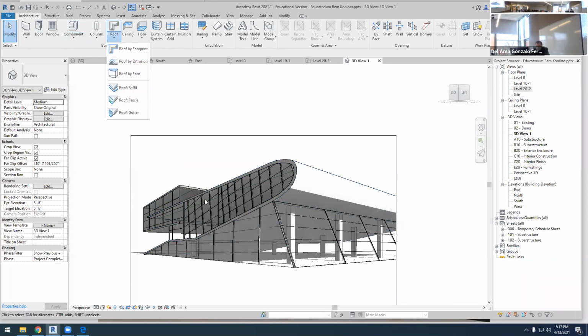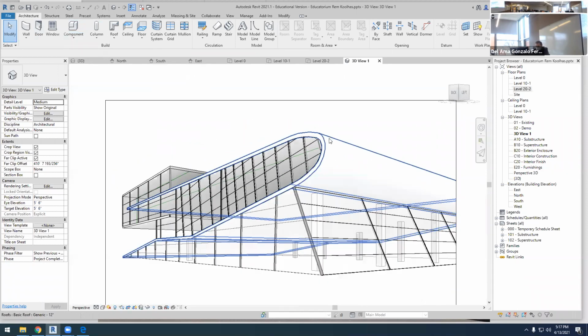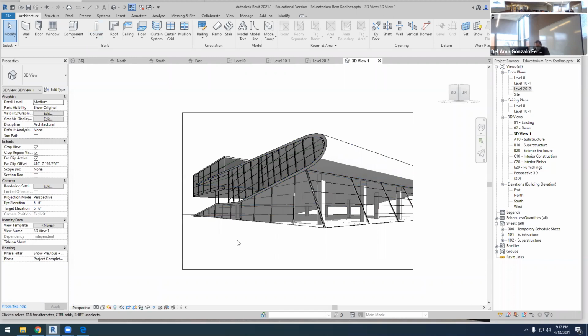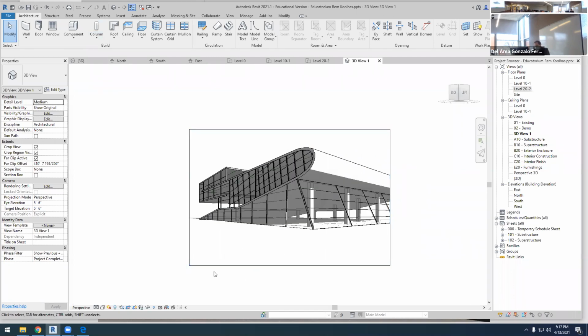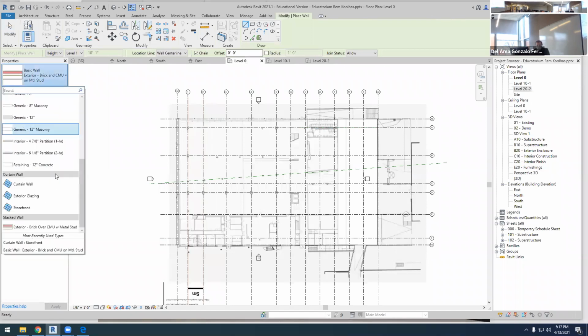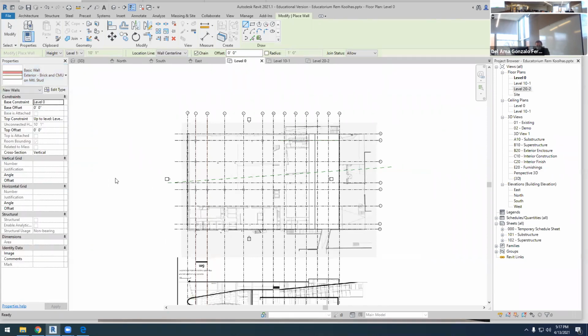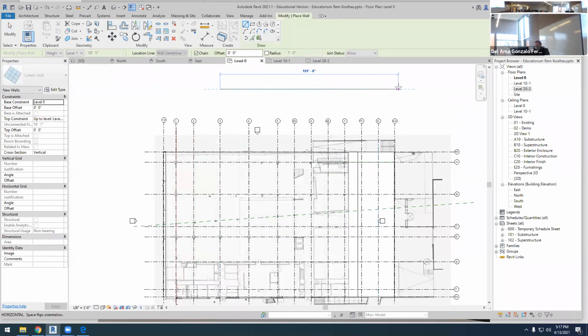For this kind of shape, I think the roof by extrusion is easier, and the results are better, especially with this weird shape here. And then remember that we have created curtain walls with two different options. We can create a wall and then select the storefront, or we can just use a massing inside. If we're working with curtain walls, here we have curtain wall, exterior glazing, and storefront. If we just select curtain wall, and we do this,